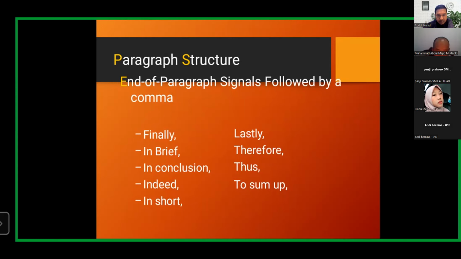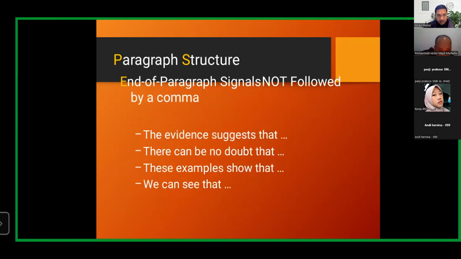Paragraph structure, end of paragraph signals not followed by a comma: the evidence suggests that, there can be no doubt that, these examples show that, we can see that.